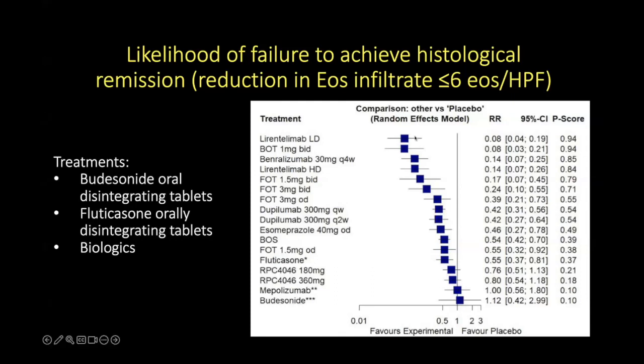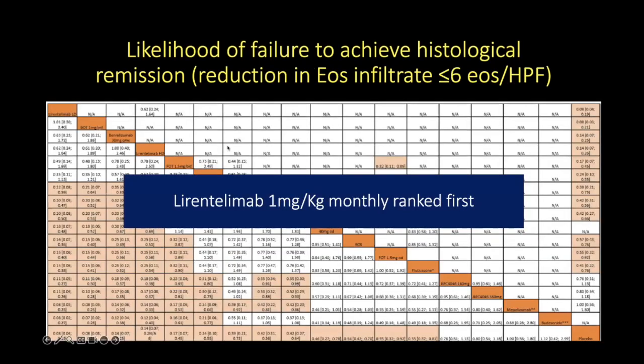The way to interpret forest plots is that if these boxes with the confidence intervals cross this line here, it means that there is no difference between this treatment and placebo. And so anything to the left of this line means that they were more effective than placebo. And when they perform a network meta-analysis, which means they look at all the treatments and then they rank the efficacy of each treatment compared to placebo and then to all the other treatments that were included in this meta-analysis,